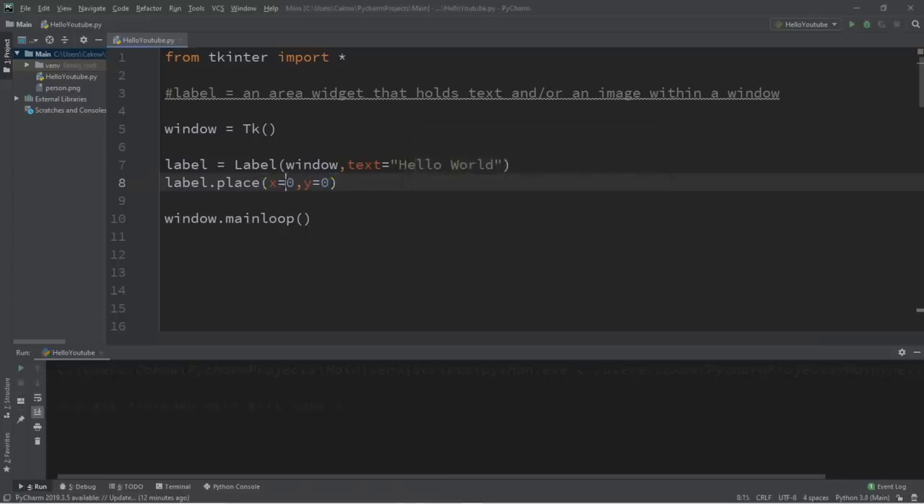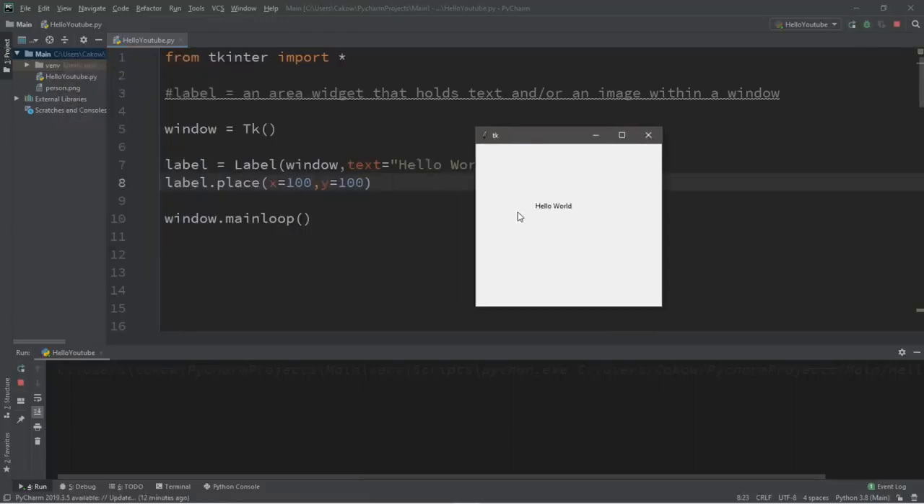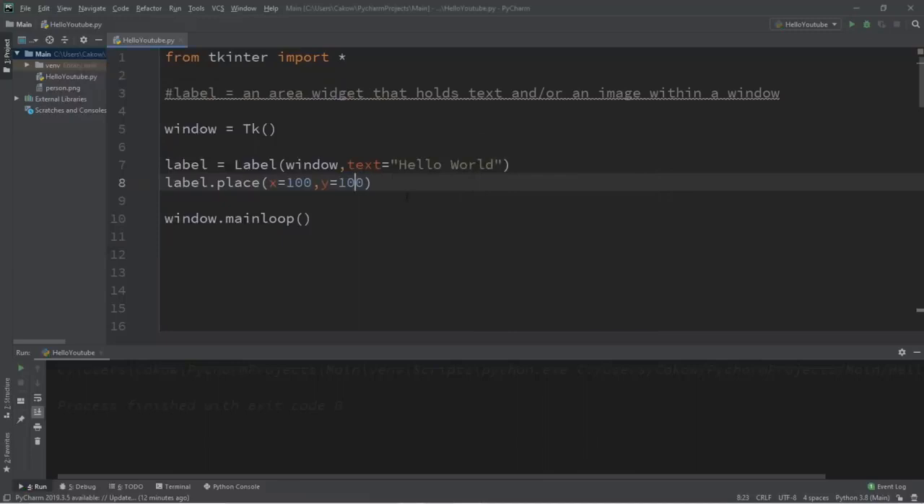And if I were to change these to, let's say, x equals 100 and y equals 100, well, this is going to be placed down by 100 pixels and to the right by 100 pixels. So you can use pack or place. There's a few others like grid, but they're a little more complex, so we'll get to that in a future video. For the time being, I'm going to use the pack function of the label and turn this place function into a comment,